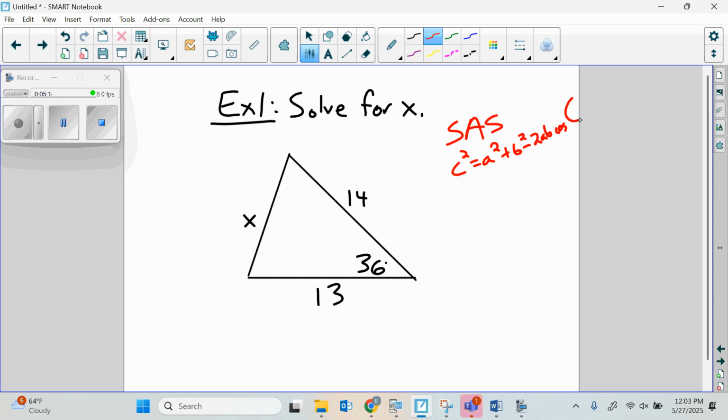Now you may say, well, I see c's, a's, b's, but all I see here is an x. Don't worry about that. Remember what these things mean. Little c is the unknown side. So in this case, our unknown side is x. So I'll start by saying x squared equals. Little a and little b, I said, are the sides that we know. The sides that we know here are 13 and 14. It doesn't matter which one we pick for a and which one we pick for b because of the commutative property. So I'm going to let 13 be a